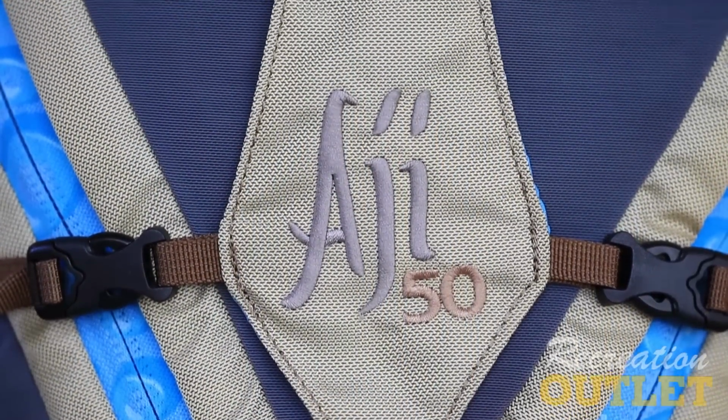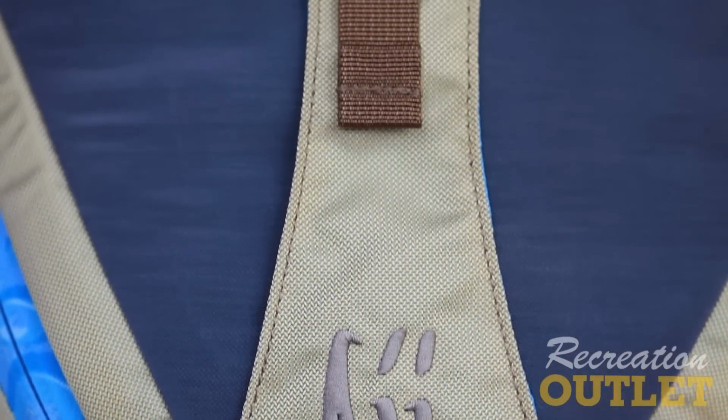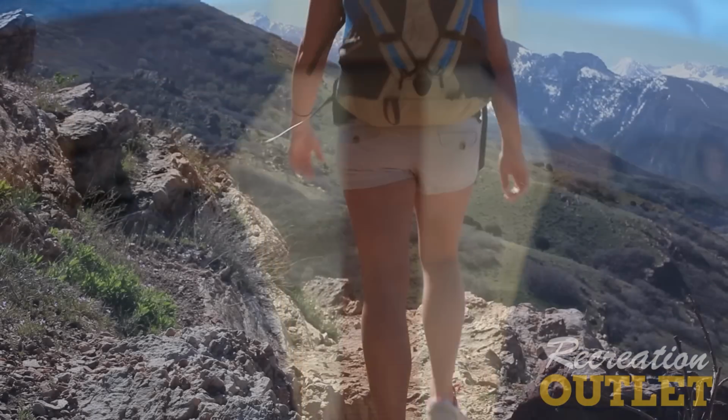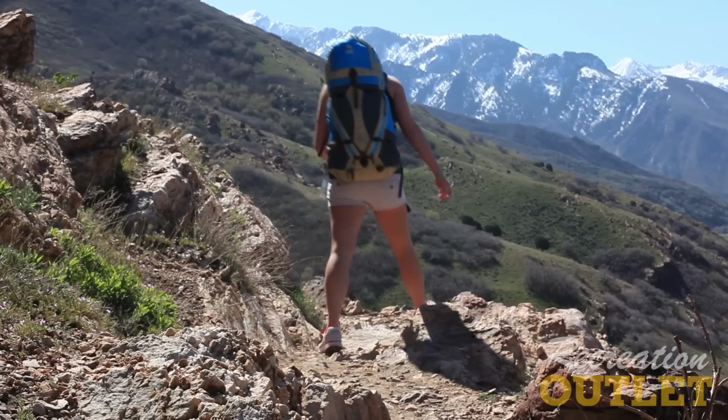You could also strap anything that could fit up here, really. Right here, strap it down, make it tight. Also, these are used to compress your backpack, that way you can make it as small as possible, also fit as much as you possibly can into this